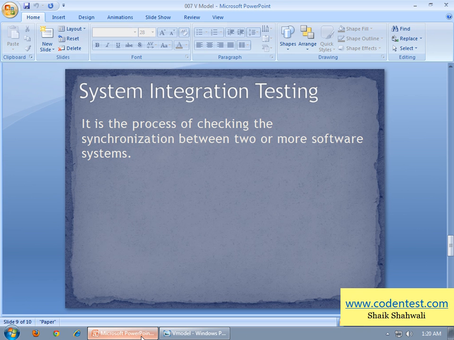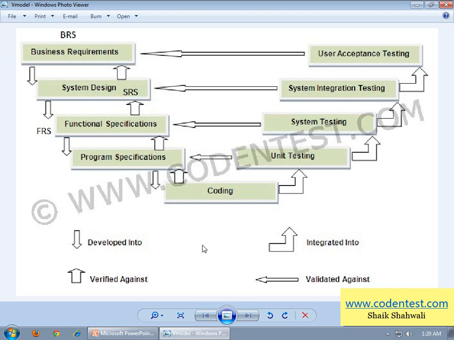So we develop the second software, integrate it with the first one, and test for its synchronization. This is called system integration testing. It is validated against system design specifications or system requirement specifications.